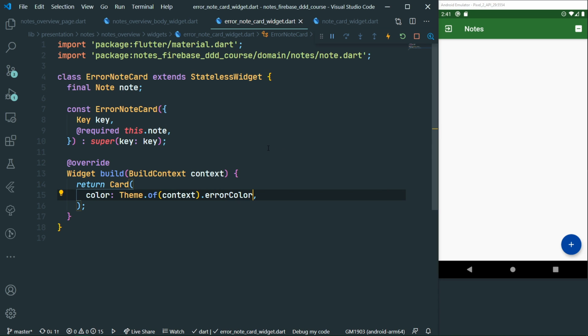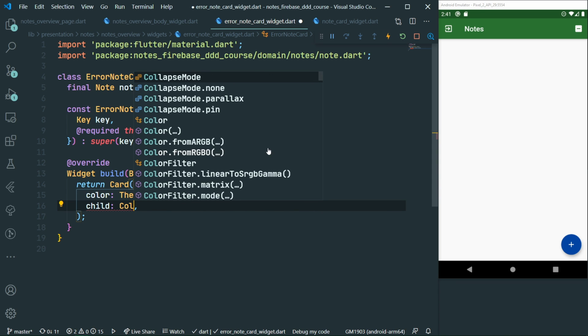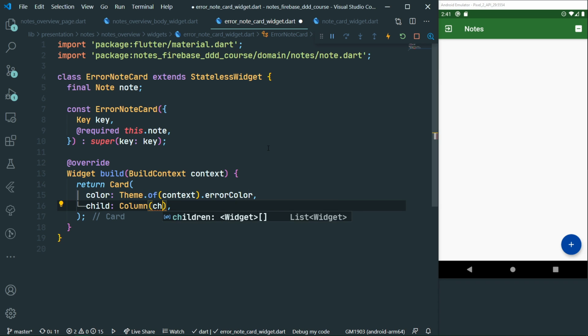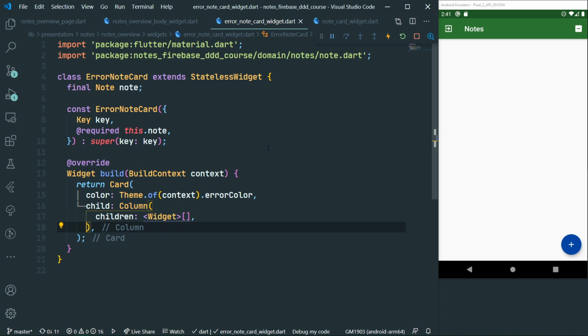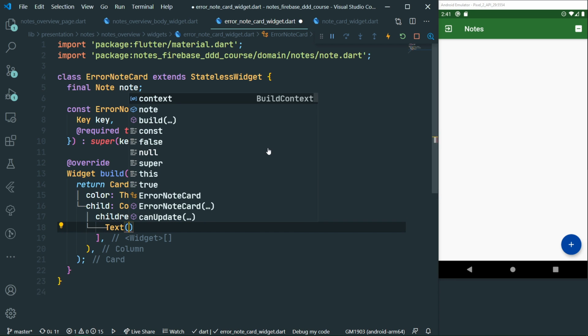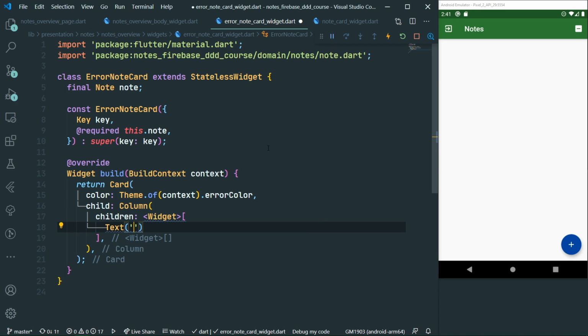Okay, we still cannot see anything because there is no child for the card. So let's change that ASAP. The child will be again a Column containing children, and this is going to be a list containing a Text which will say: invalid note,